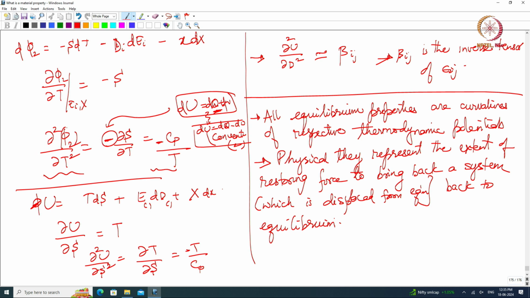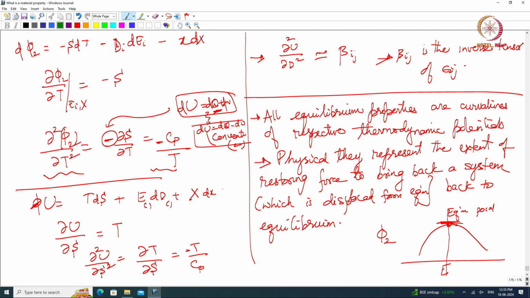So, for example, phi 2 as a function of electric field can be a function like this, right. This is my equilibrium point. Let us make it more symmetric. If I displace phi 2 away from equilibrium,